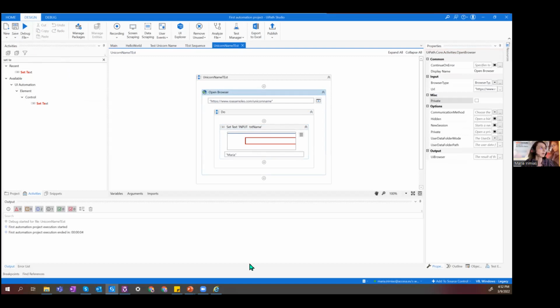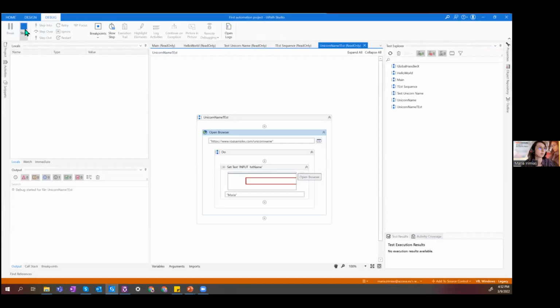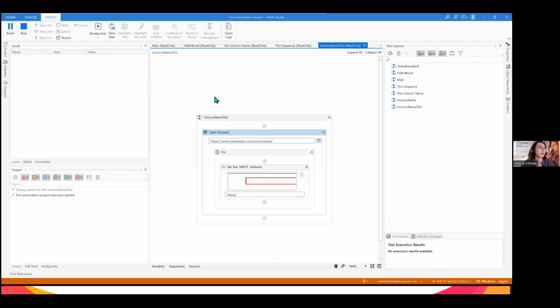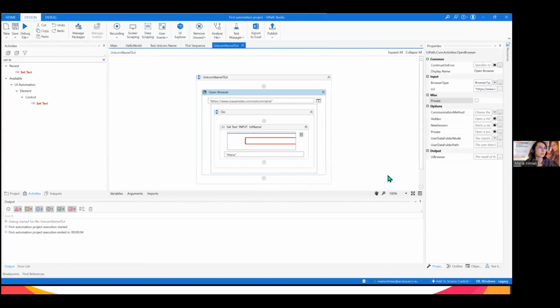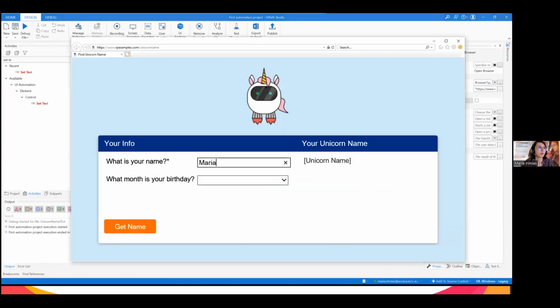Let's close the browser so we don't have multiple sessions, because we didn't handle the closing of the web browser, and see what it's doing. It should open the browser and type the name. Once it finished, it just stopped. And if I open Internet Explorer, you can see that in the text field, my name appeared as I instructed the robot to do.